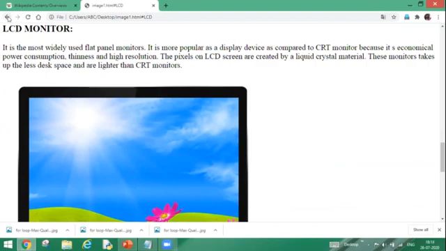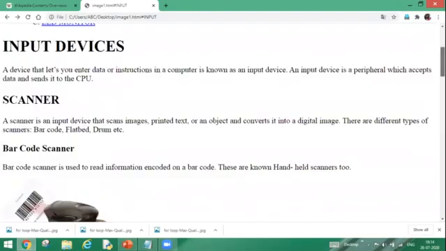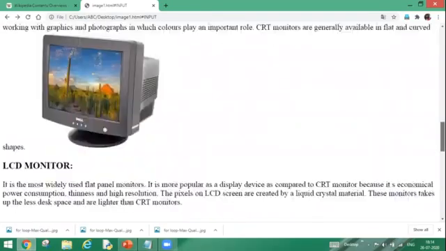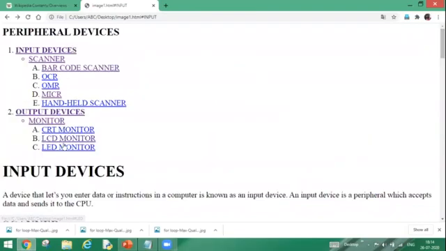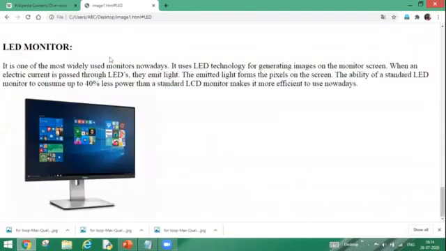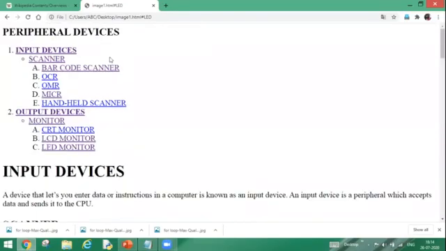So as you can observe that quickly I can switch from one topic to another topic. I need not look for each and everything by scrolling down again and again in this way. Yes, it is here, yes, it is here, but directly I can jump through this link part, LED monitor, right? So this is all about my internal linking. So internal linking is only limited to my one web page itself. We don't go out for the same. Okay. So this is enough for the session, I guess.